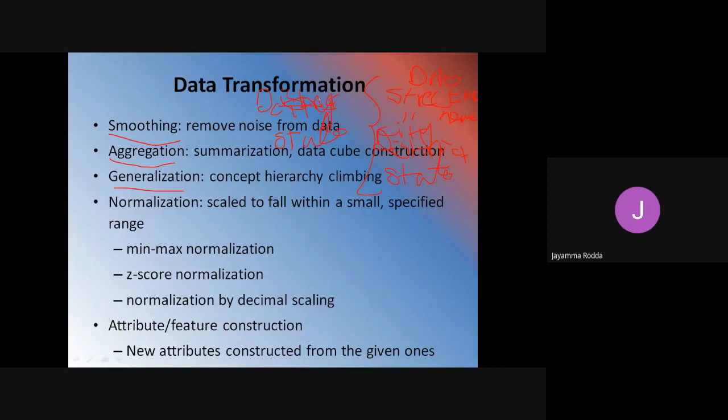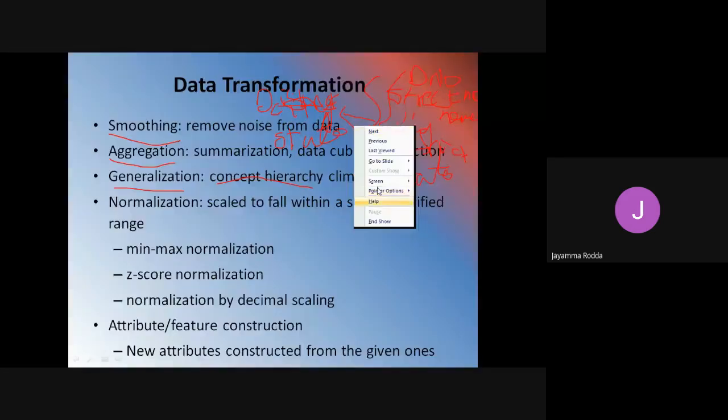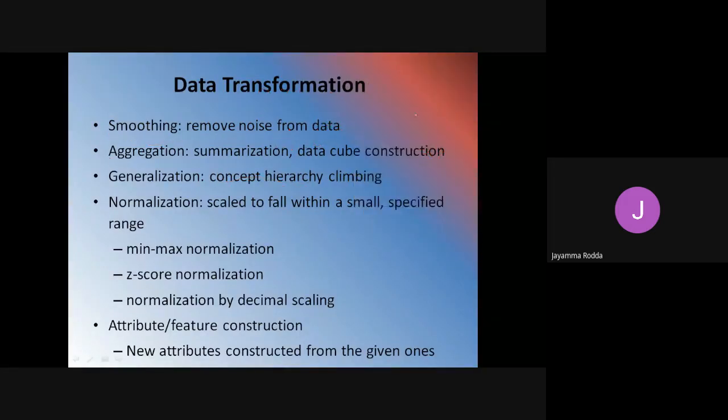So district and state will be replaced by that. So in generalization, concept hierarchy is applied, which is nothing but lower level. All these lower level details will be replaced with the higher level details. I hope you understood that. Okay. The street name, street number, next city, this district and state, and then country. All these things will be replaced by simple values.